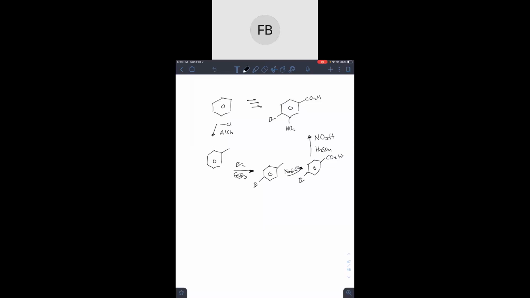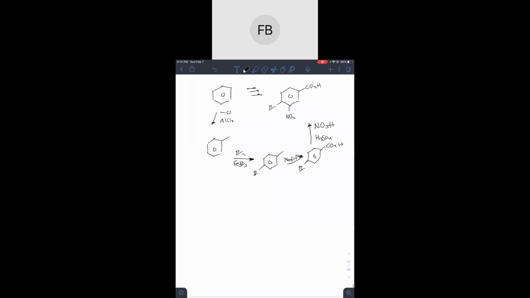Can you do, no, you cannot do the, someone's asking if you can have your methyl, and then can you do Na2Cr2O7, which will get this here, right? And then can you do your Br? No, because